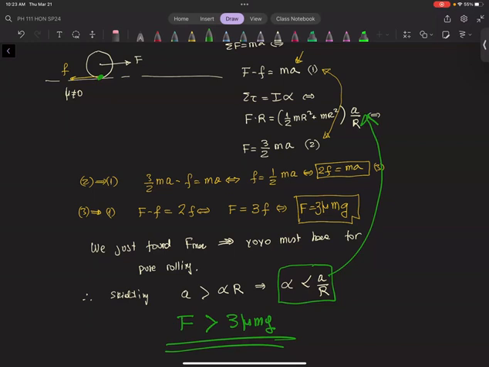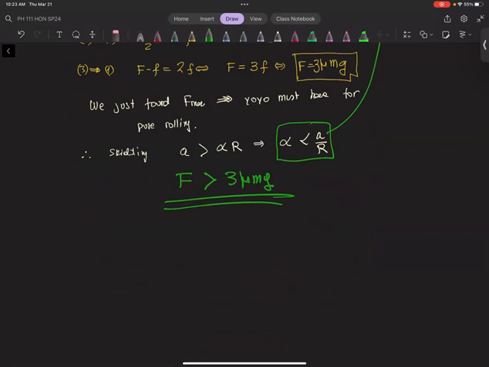Are we good so far? Now it's time for me to prove to you that if I pull you back to your comfort zone, and yes, friction does the torque, the answer is identical. Shall we see that? Let's do it faster this time. So here's the ball, the disc. Here's the force. Here's the friction. And my frame of reference right now is the center of mass. Big deal.